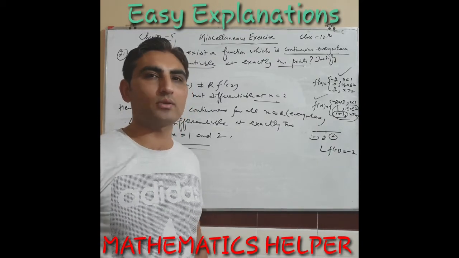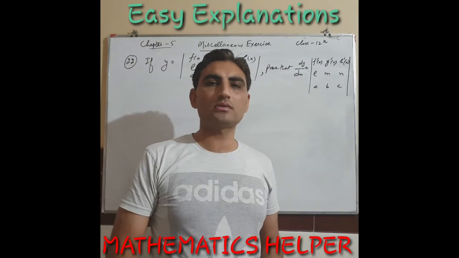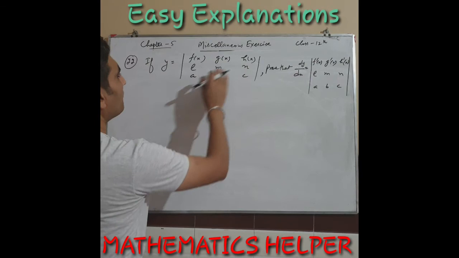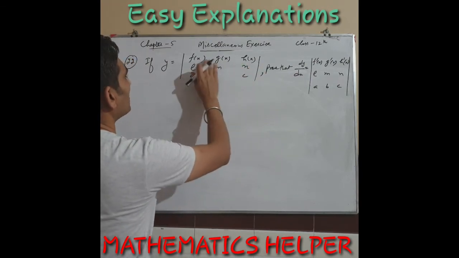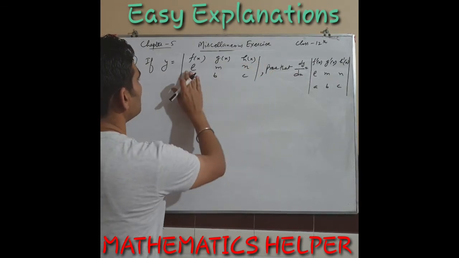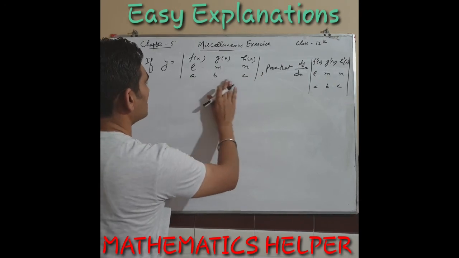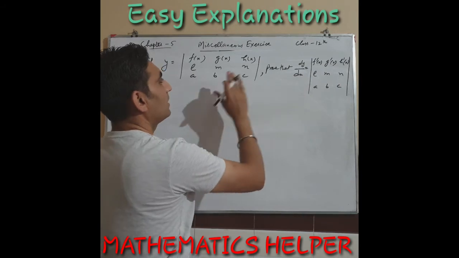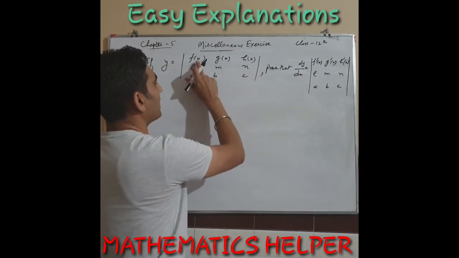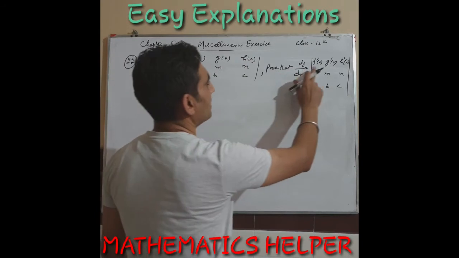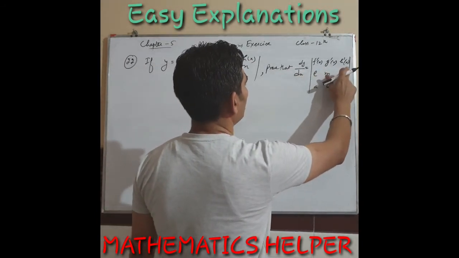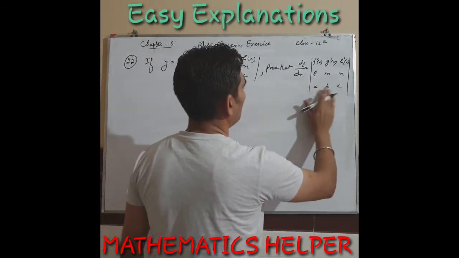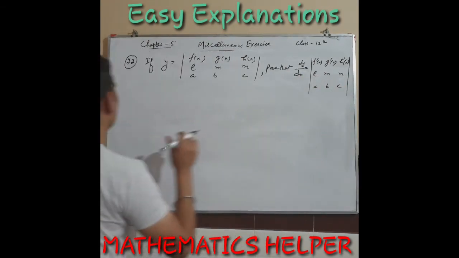See what is given next in question number 22. Students, question number 22 is, if y equal to, in the form of a determinant, in the first row f(x), g(x), h(x), in the second row l, m, n, and in the last row a, b, c. Prove that the derivative with respect to x of this is equal to the determinant with only derivatives given for f(x), g(x) and h(x), f dash x, g dash x and h dash x, without any effect on l, m, n, a, b, c; they are exactly the same. See how we are able to prove it.